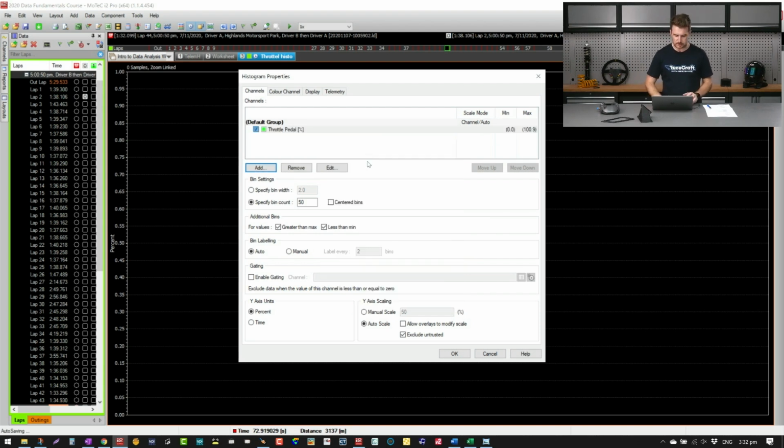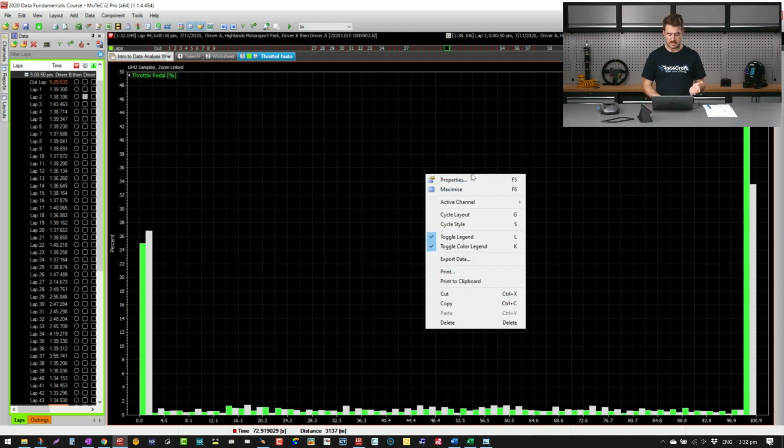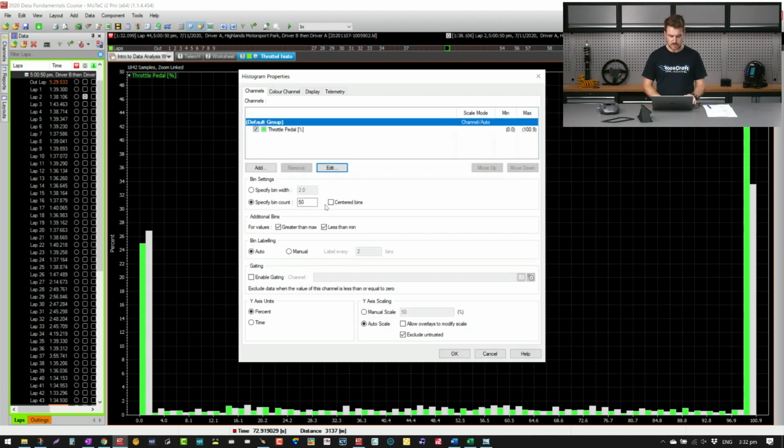So I'm going to select throttle pedal. If I just click OK, straight away this gives us a little bit of an overwhelming perspective. Just before I get into explaining it, I'm going to come back and change the options. Essentially what's happening here is it's discretizing the throttle down into 50 bins. I want to put it into 10 bins. So in the options, I'm going to come back and put it into 10 bins, and this will become a